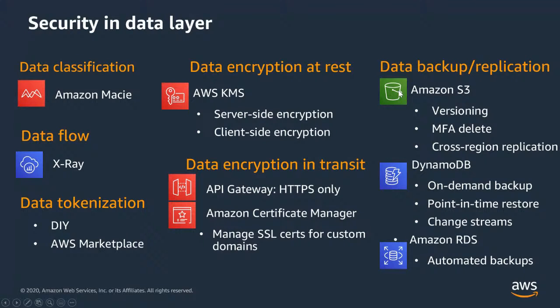Now, when you go with backup and replication of data, there are different layers of security you can look at. The first one is versioning. When you store data, if you're deleting the data or always updating the data, you want to make sure that you have previous versions of the data available. S3 supports a concept called versioning. If you enable it, you can look at different snapshots of the file being changed, because S3 is basically an immutable data store. The moment you upload a file, the next time you upload another file, it's actually replaced totally. It's not edited with another change made inside.